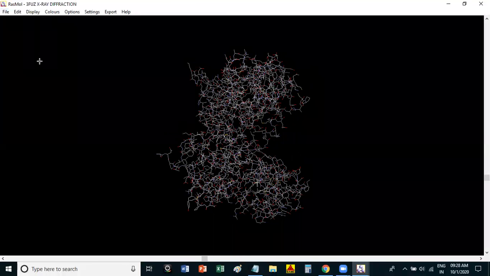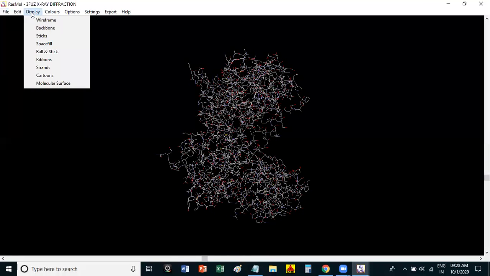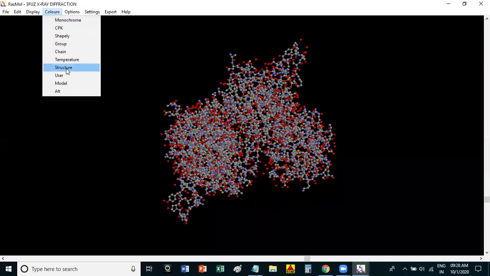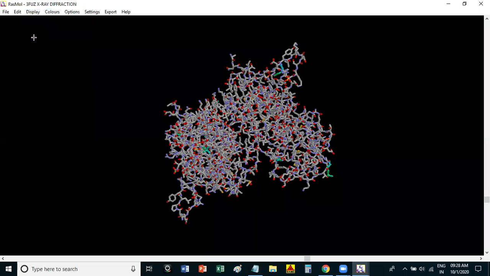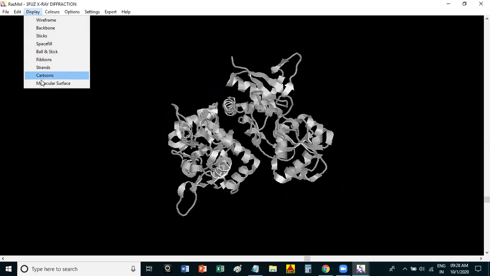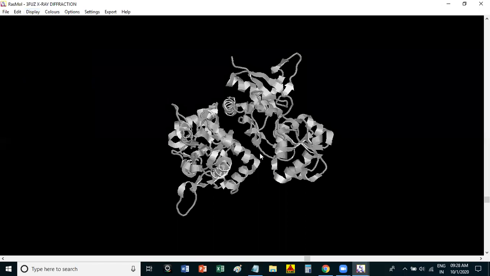Getting my point here? Yes. You can use different models, for example ball and stick model, stick model, and different cartoons. Like this you can use the RasWin software.